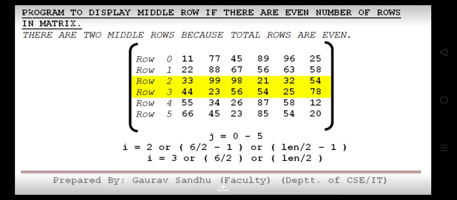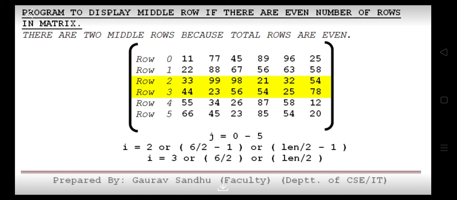Now the 2 middle rows are the row with value of i as 2 and the row with value of i as 3. As we know that if we are displaying rows, a loop is required for j, and the value of i has to be set constant or non-varying. Now the value of i is 2 for the row which has data 33, 99, 98, 21, 32. 2 can be written as 6 by 2 minus 1.